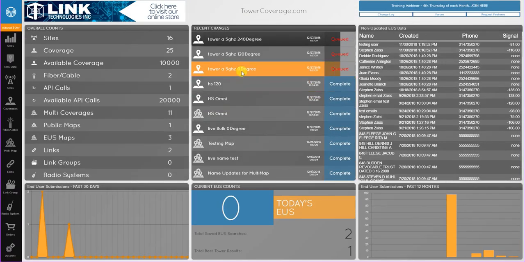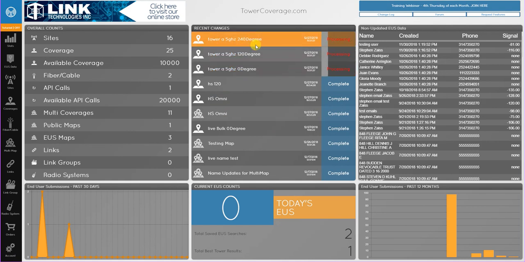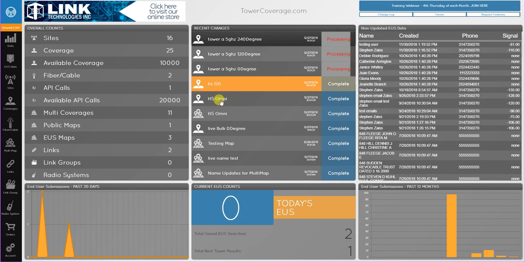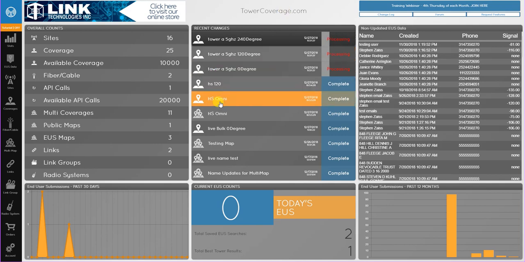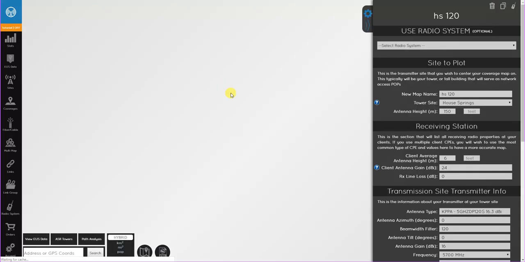So as you can see, we hit create. Now we have tower A, 5 gigahertz, 0, 120, and 240 degree sectors. So it's going to create all 3 of those coverages. As you go through your tower, your network area, you get all of your coverages created. You can go in and in an individual coverage,